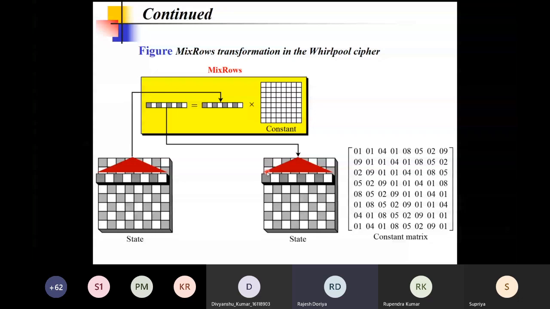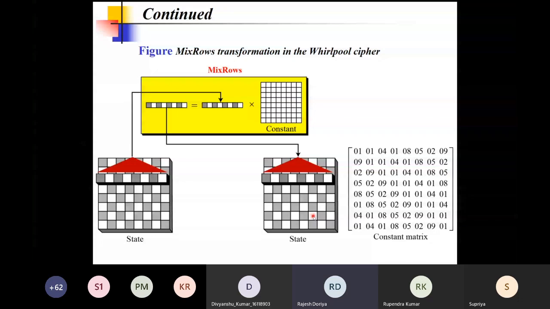One of the rows is picked, and this row is multiplied with a constant matrix, and the result replaces the original entry of this state, and the same process is applied for the rest of the rows. This is how we get the new state from the mix rows transformation.